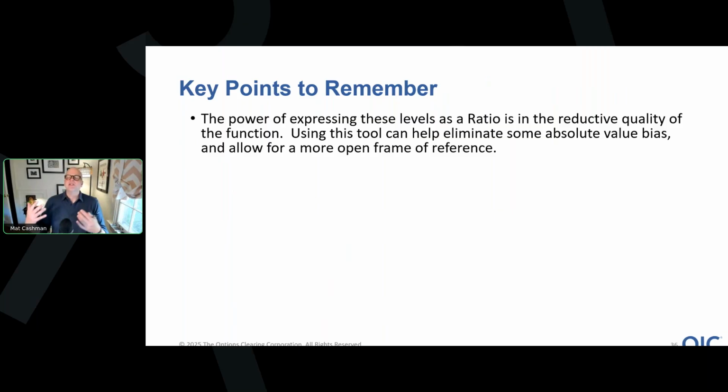It has the ability to reduce things down to their lowest common denominator and help people eliminate some of the idea of what is high and what is low. Because if you're looking at something that has a 10 vol and it's a 10 implied vol and it's moving on a 10, it's fairly priced relative to movement. And if you're looking at something that's a 10 vol and something else that's a 90 vol and you're saying, oh, I should sell the 90 vol and buy the 10 vol, I would say, well, okay,